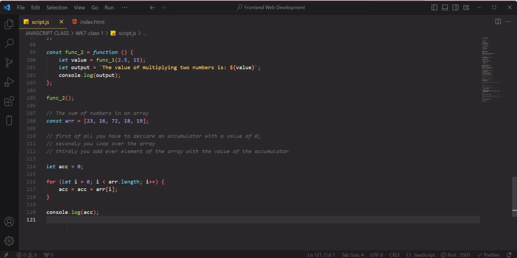Then we loop over the array to be able to get the individual elements of the array. The reason why we used let ACC equals 0 is because we are going to use it inside of the for loop. Notice that we did not declare the accumulator inside of the for loop, because if we had done that, it's going to